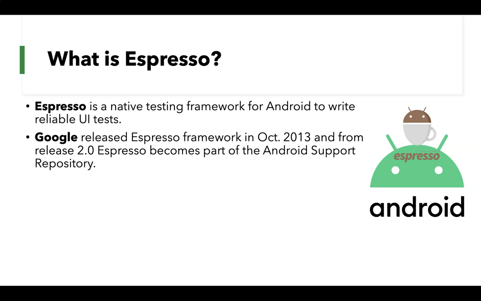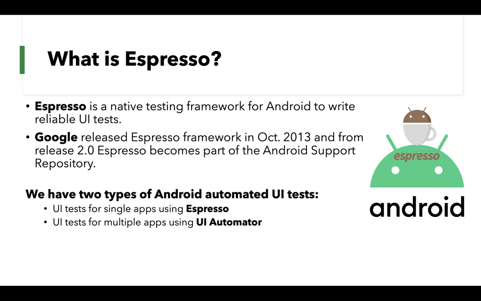other test frameworks. We have two types of Android automated UI tests. UI tests for a single app. This type of test verifies that the target app behaves as expected when a user performs a specific action or enters a specific input in the activities. It allows you to check that the target app returns the correct UI output in response to user interactions in the app activities. UI testing frameworks like Espresso allow you to programmatically simulate user actions and test complex intra-app user